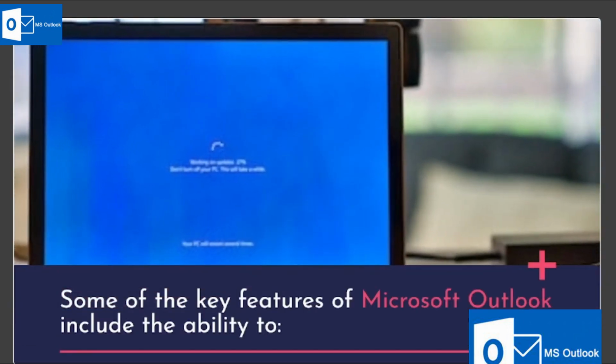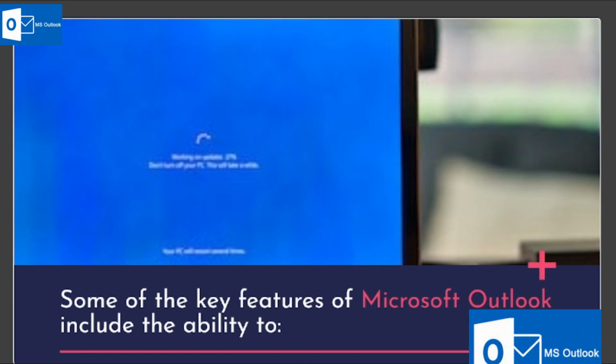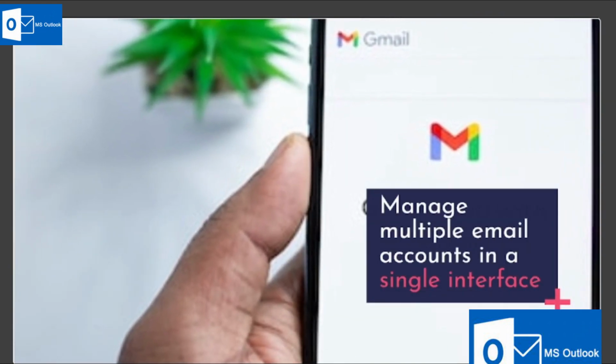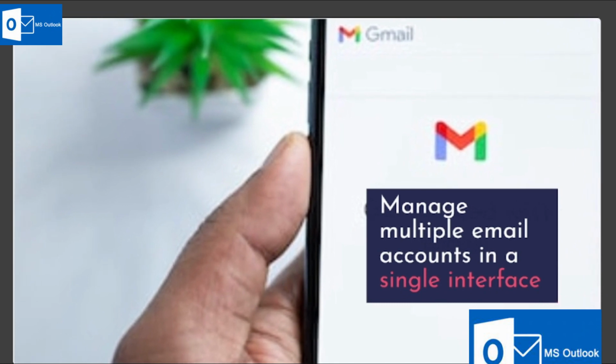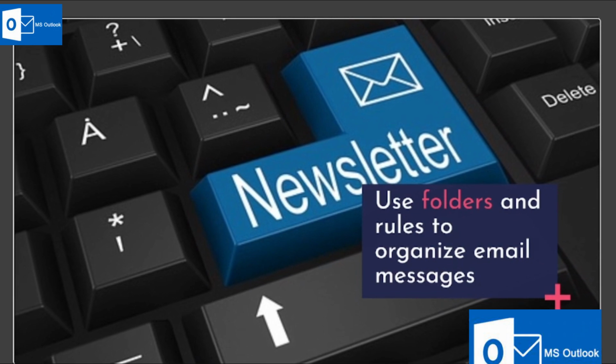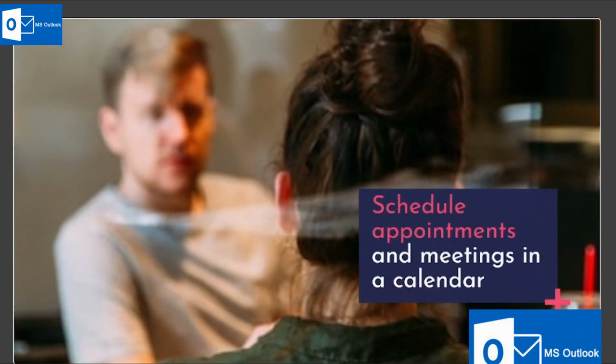Some of the key features of Microsoft Outlook include the ability to manage multiple email accounts in a single interface, use folders and rules to organize email messages, schedule appointments and meetings in a calendar,